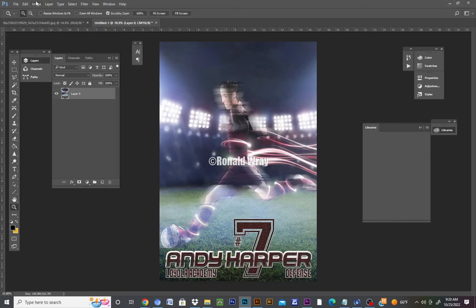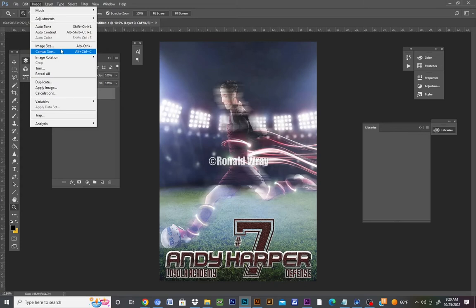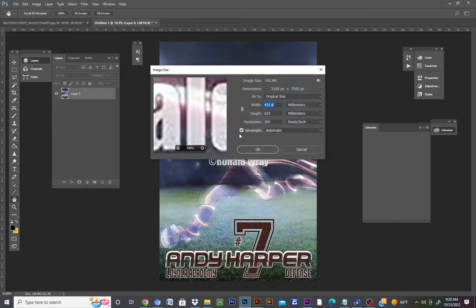Now we're going to blow it up again, so we're going back to image size. In this case, let's try a medium size. Let's go 28 by 20. I know these sizes are random, but when you start putting in the sizes and